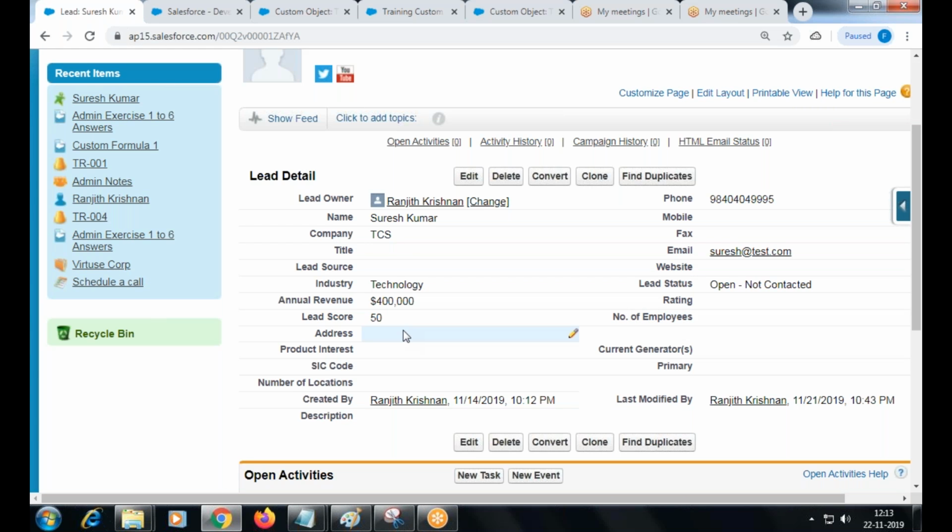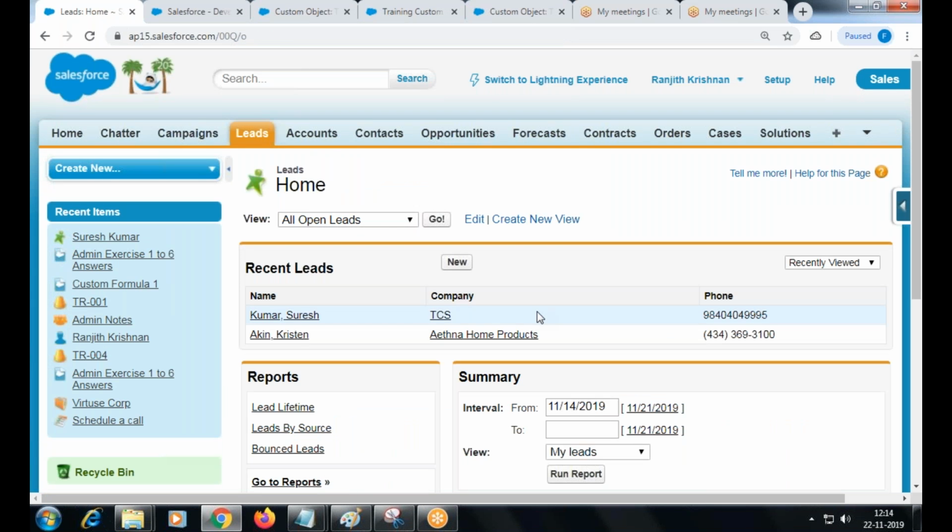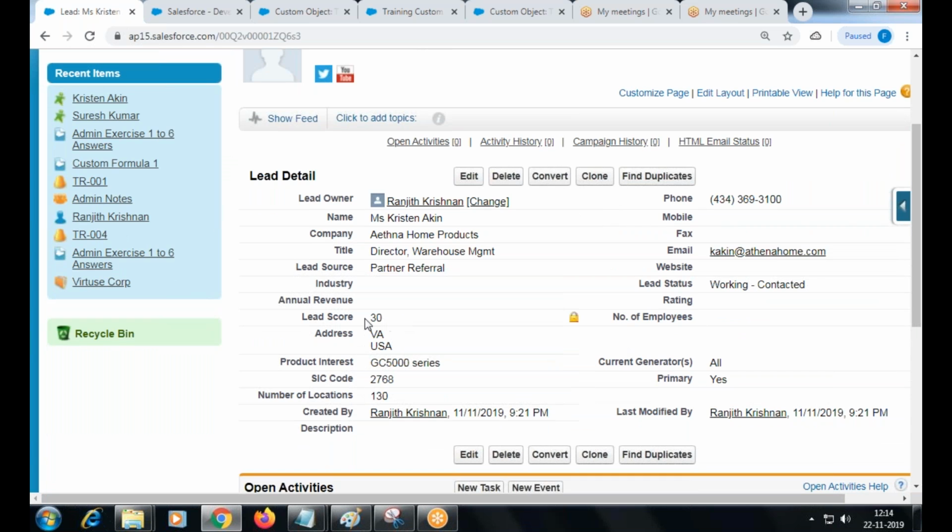Am I right? So if I see the leads, then I will come to know whether a lead is a high priority lead or low priority lead. Okay, people who have given more information about themselves are more interested in the product, right? So by seeing the lead score, I can take those leads as a priority and call them. I follow up with them. That's the purpose. Got me? Lead score.